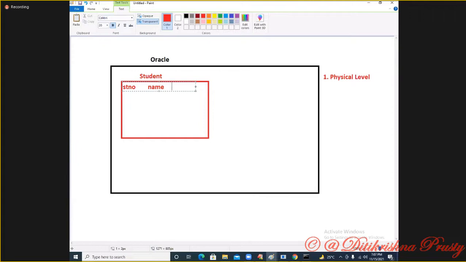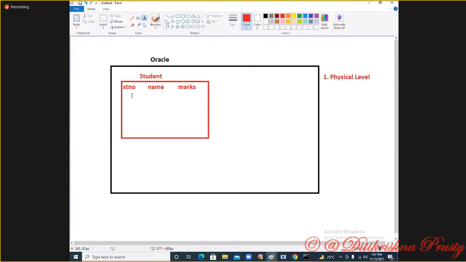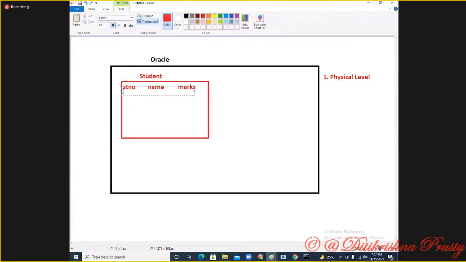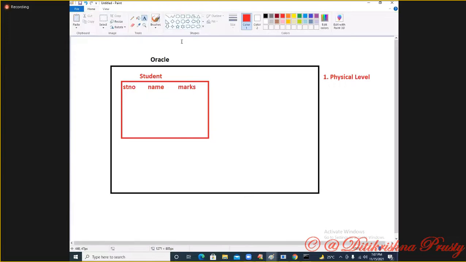Name of the student, marks of the student; number, name, marks, number, name, marks. What is this? It is called a table. Designing the table, creating the table, that is called the physical level. To create the table,